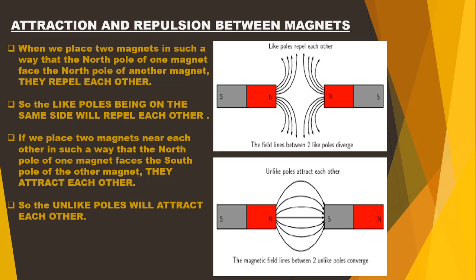So from here we are coming to the conclusion of a very significant property of the magnet, that is, if the magnets are placed by facing two like poles to each other, they will repel. And on the other hand, if we do this activity with two unlike poles facing each other, they will attract.